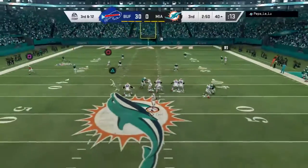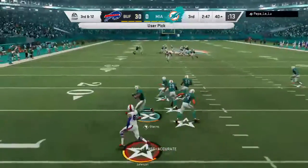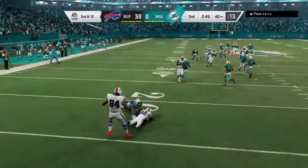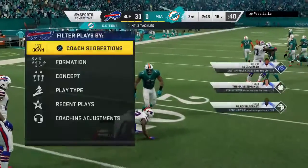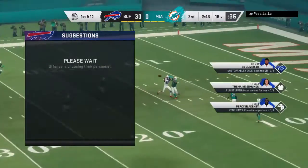Off the play fake. Lynn. Now that'll be tipped and intercepted. Picked off at the 15. And a big turnover there as his guys will get the football back. They were looking for